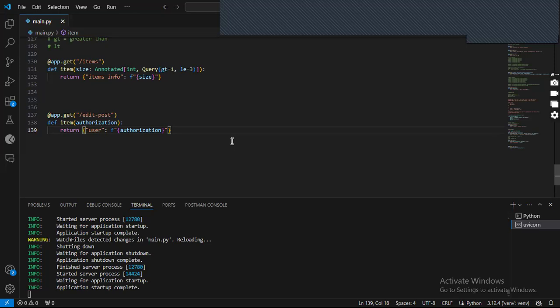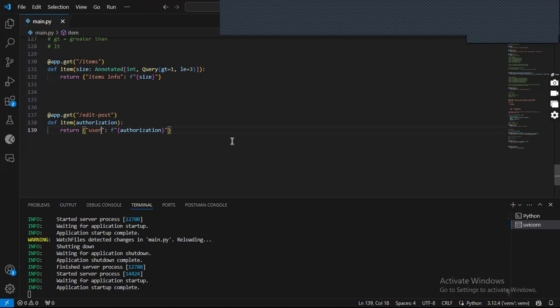Now, what we can do is explicitly, because there is no way we can do type hints and say this one here is a header parameter. So similar to what we've done for the query and the rest of them, we can explicitly let FastAPI know